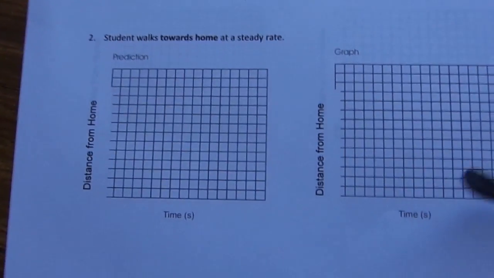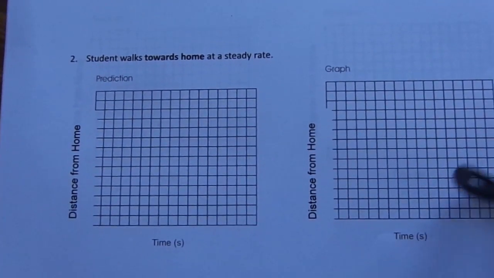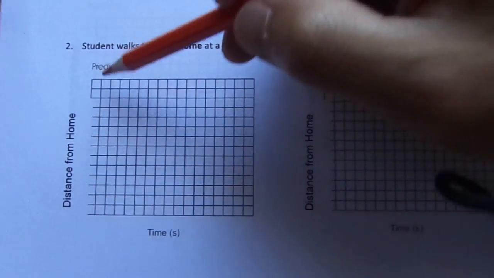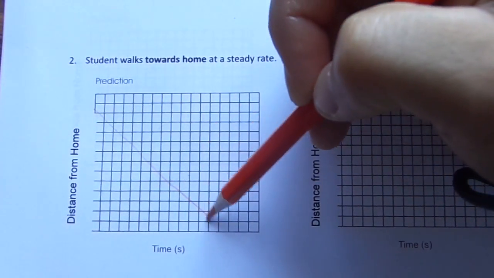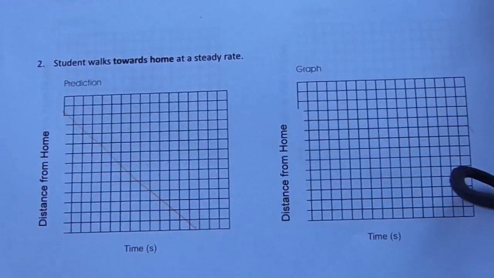If you look at question number 2, student walks toward home at a steady rate. So the distance away from home would be up here somewhere, and over time approaches home. That would be my guess. Now, if I reset this,